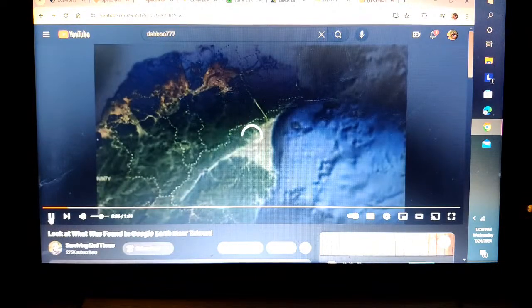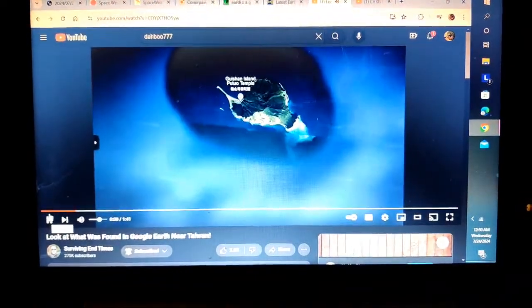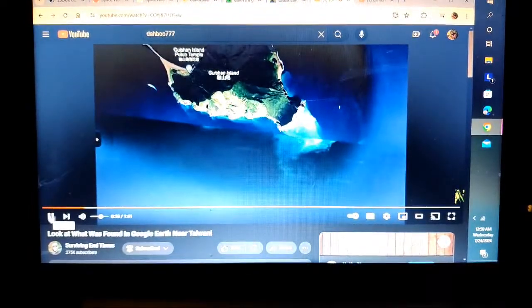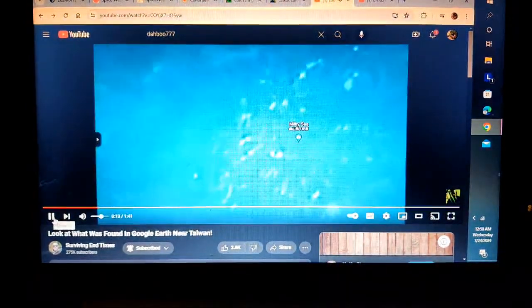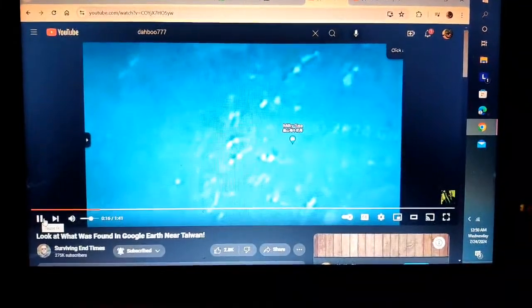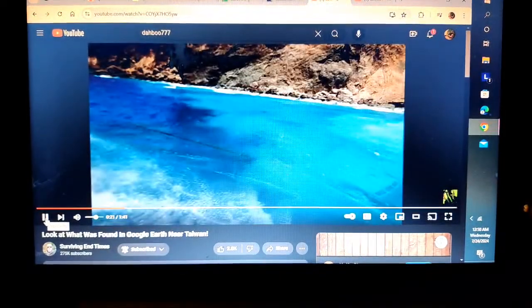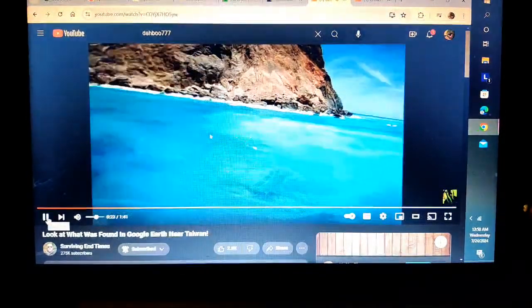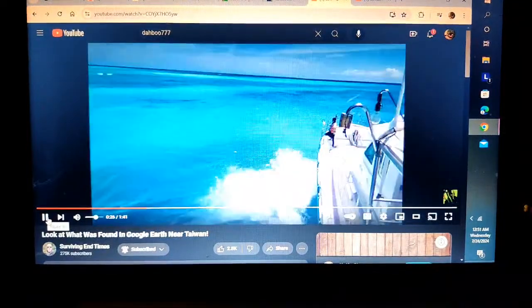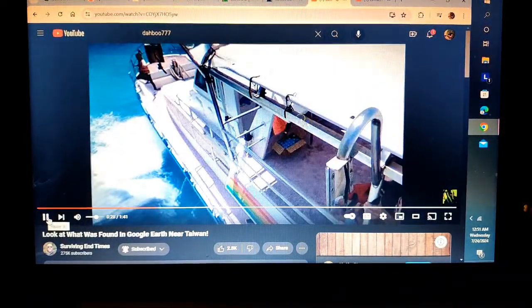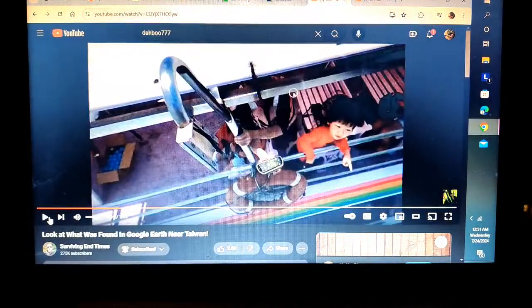One more time with this. Off the coast of Taiwan, there's a little island. Shout outs to Coco on this. If you go in and you get a street view right around this area and click it, it's going to bring you to a spot where you'll see a boat out in the water with some people. This person is filming it on their camera. This kid's pointing at it. Look, Mommy, Godzilla.